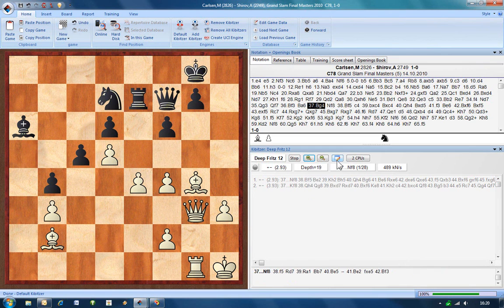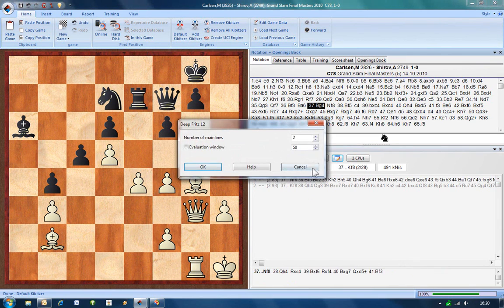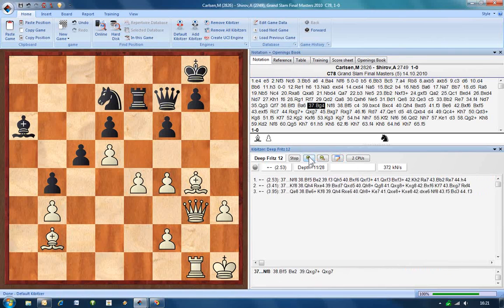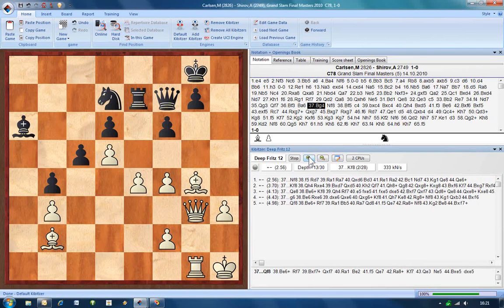You can also change these options by going to this button here. You can see there's the option for number of main lines. You can move back to just one principal main line by clicking the minus button here, or you can have even more main lines by clicking the plus button. I mean, you can have as many as you want, or at least as many as there are legal moves